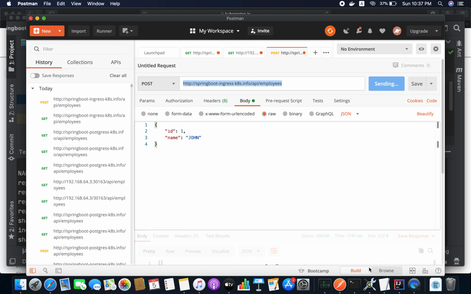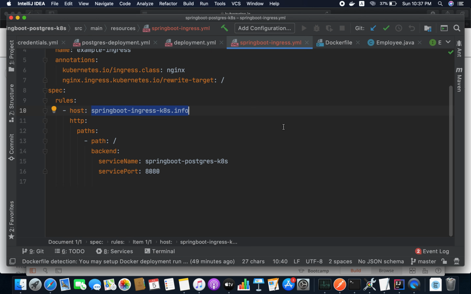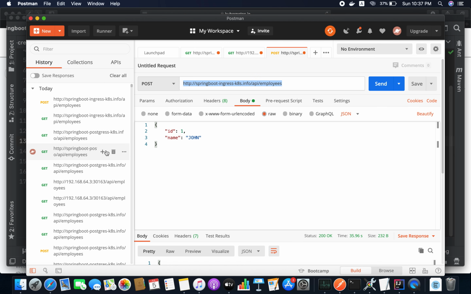This is how you can define an ingress. If you have n number of services, you can define like this. If you have another service, you can define it with the service name, the service port and the path. If you have an additional path, you can define something like product service. If you want the path to start as product, you can just define product and order, whatever it may be. And we can define n number of services here.